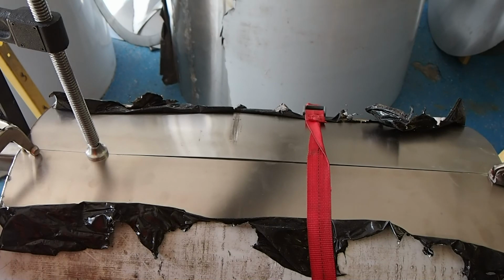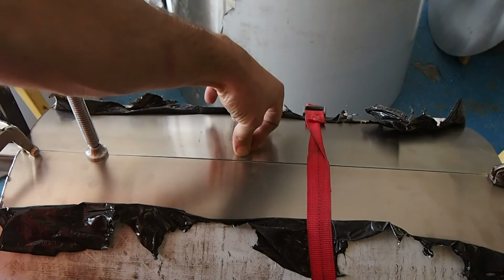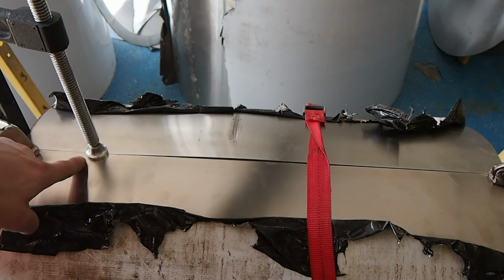I'm going to go ahead and stop this now. I'm going to go find another clamp and see if I can get a long clamp in here and just clamp this down as opposed to using that other forge technique. Because you can see how this is now tangent and it's a nice straight seam. So that'll make a